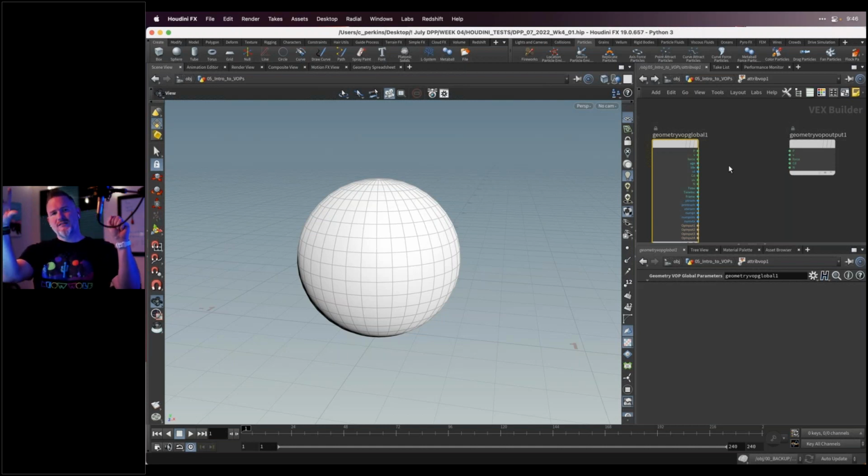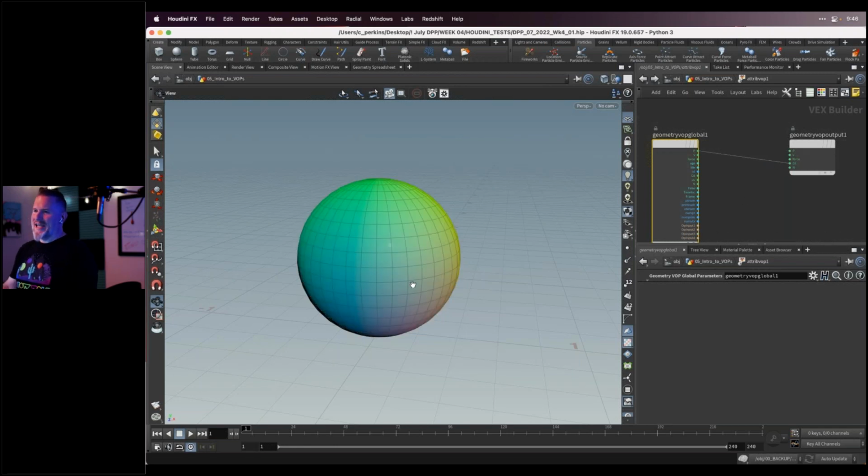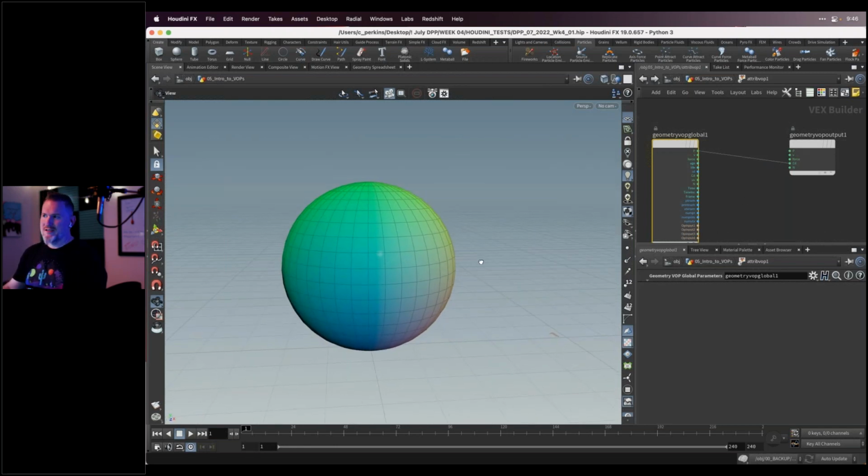And then you say, here's what it is, and you define it. The syntax of VOPs is backwards. So we start with the data, and then we plug it into what it means at the end. So I could say the CD, the color, let's get it from the position. I can drag P to CD, and now the color of our object comes from the position. Again, the syntax is backwards, but it's doing essentially the same thing.